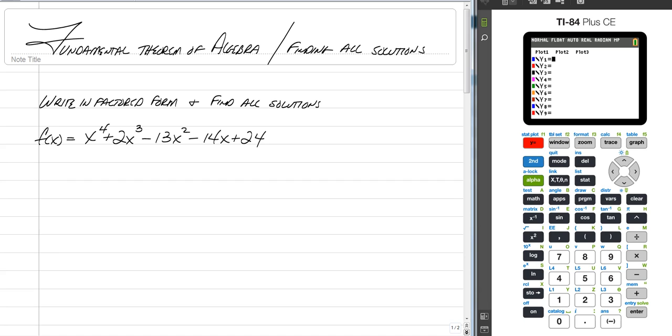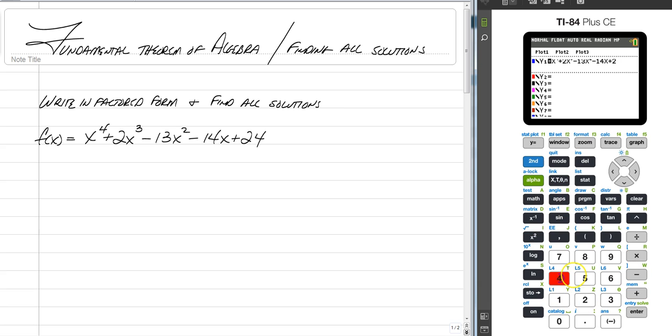The first thing that you're going to want to do is type this equation into y1 of your graphing calculator, because if there were 4 terms, there would be a chance we can group it. But in this problem, there's no way we can group it because there's 5 terms, so we need to type it in our graphing calculator. So we have x to the 4th, and then we have plus 2x cubed, minus 13x squared, minus 14x